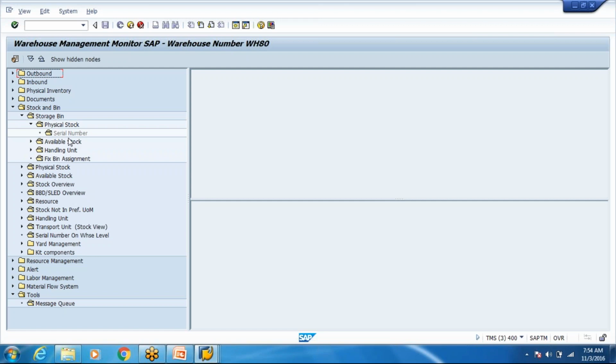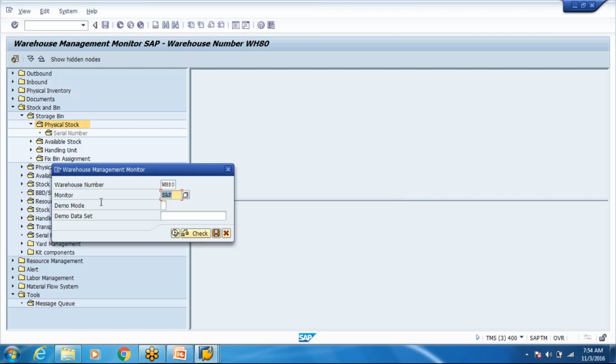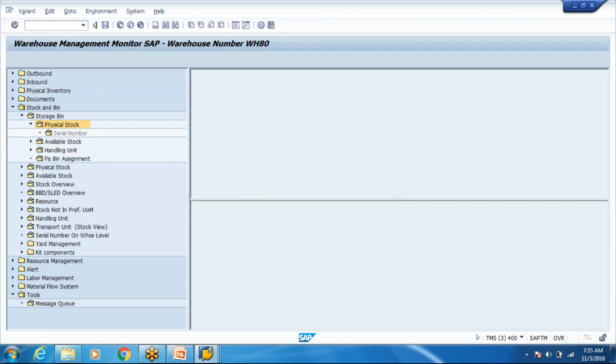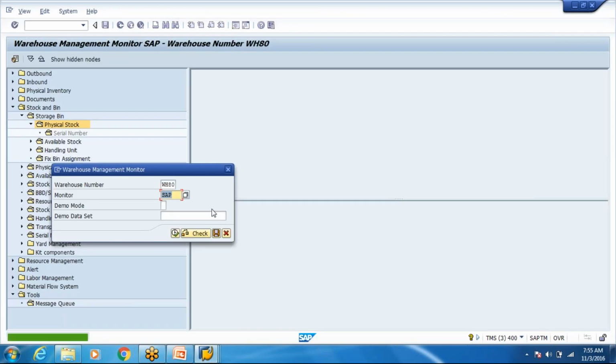And any monitoring we need. Basically, the standard monitor: when you log in for the first time, you are asked to enter a monitor. So we generally create this standard monitor. If we need some special or custom reports, we'll create a Z monitor and add that report in this node somewhere, where, let's say, the custom report is related to inbound.